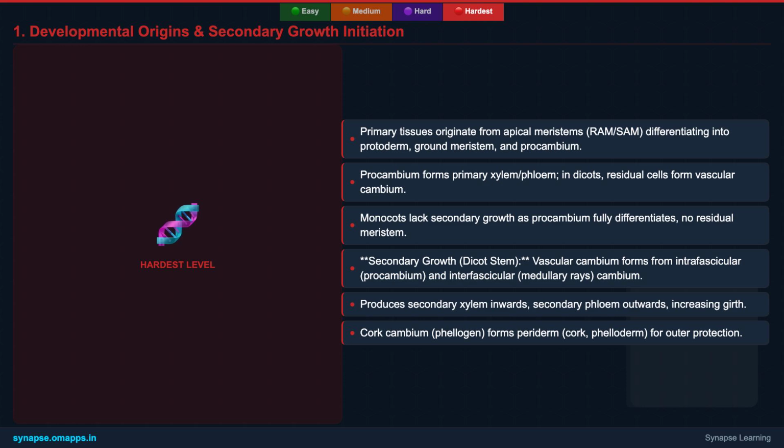We'll also examine the intricate mechanism of secondary growth in dicots, where vascular cambium and cork cambium work in tandem to increase girth and form protective layers. This continuous growth, allowing for the formation of annual rings and distinct heartwood and sapwood, is a hallmark of woody dicots, influencing their ecological dominance and economic value.